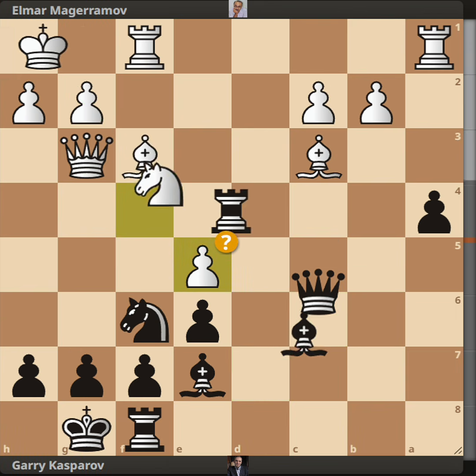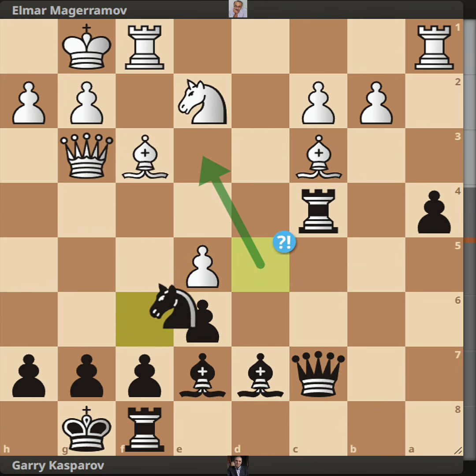But after this move, here Kasparov goes for knight to d5. Clearly he wants to go for knight to e3. So to stop this,